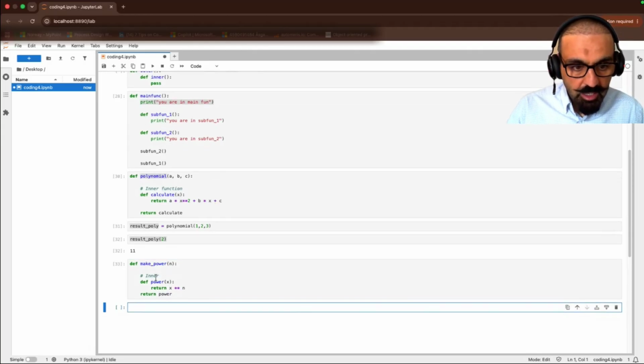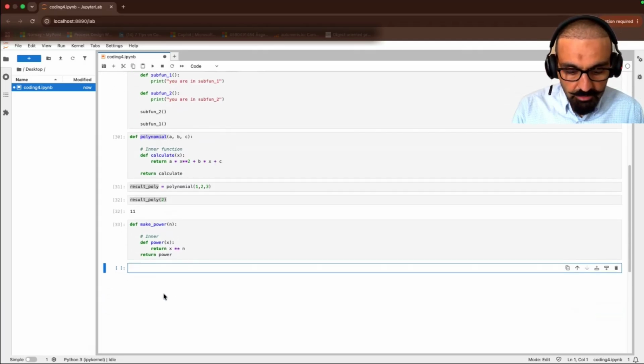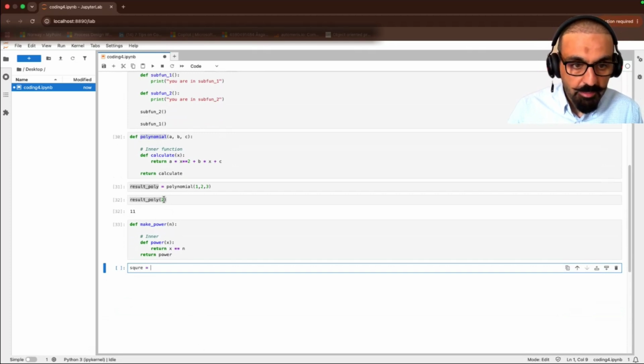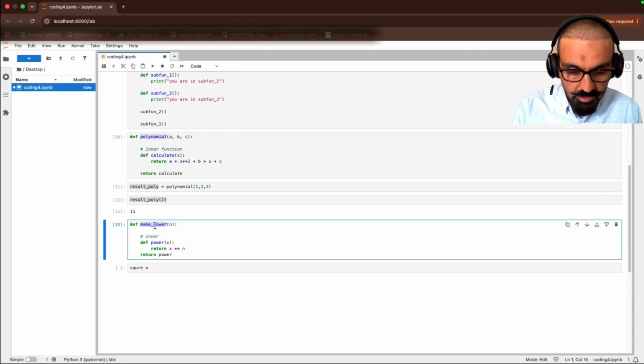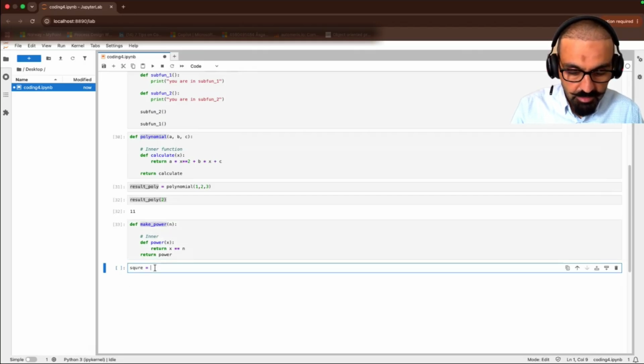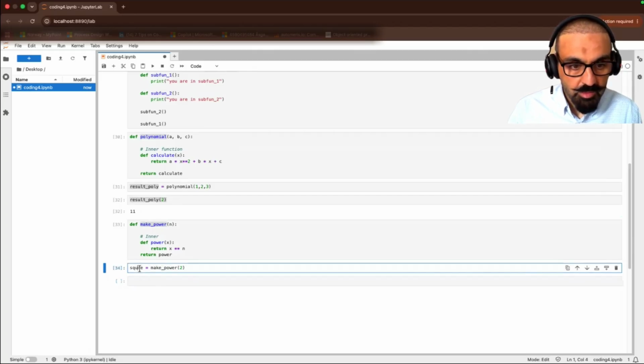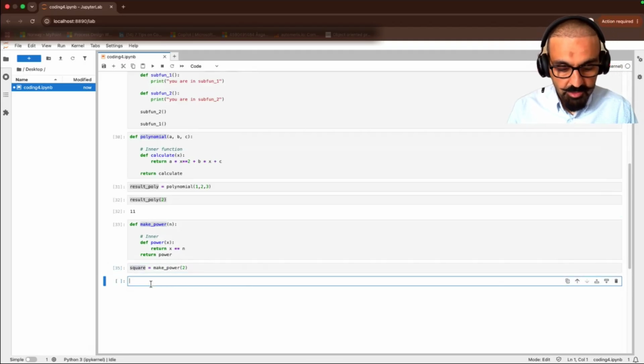Here I want to calculate a square and cube. How? I want to write a square here equals to make power two square. Again, rerun. See, the value of the square will be,